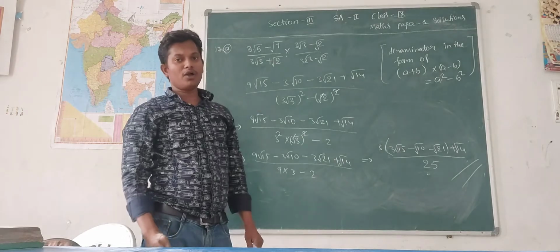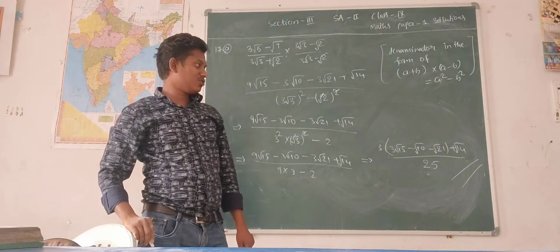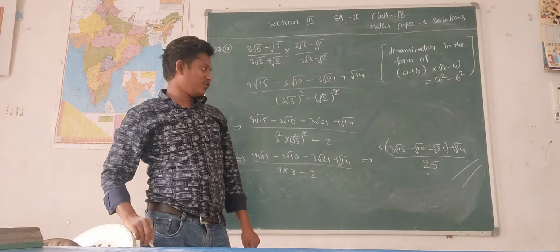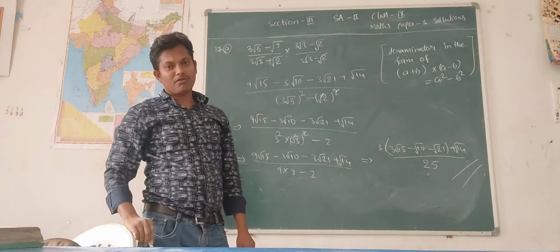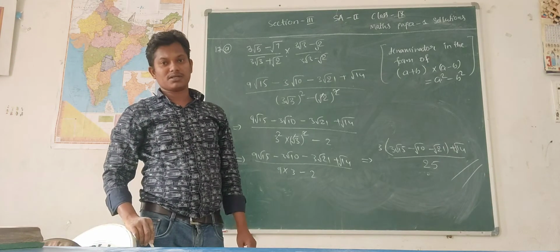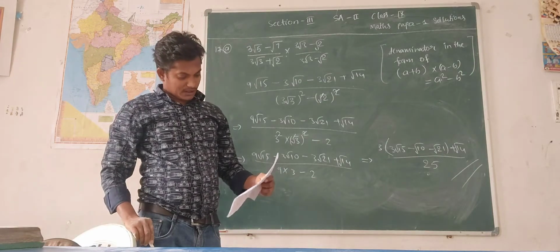Into 3 root 5 minus root 10 minus root 21 plus root 14 by 25. This is our final answer. Okay. The last one,